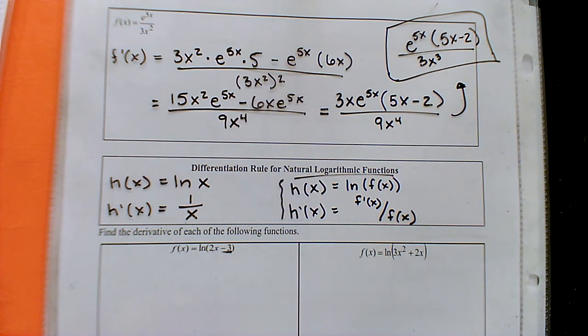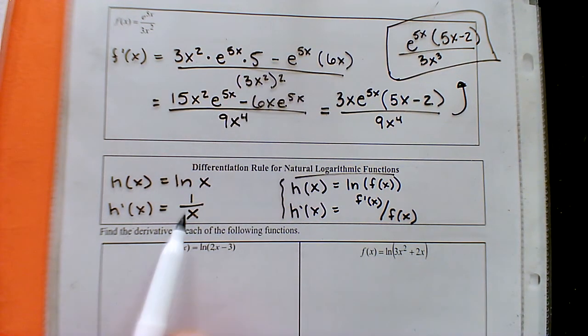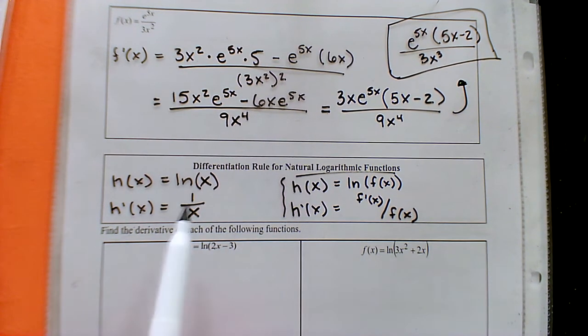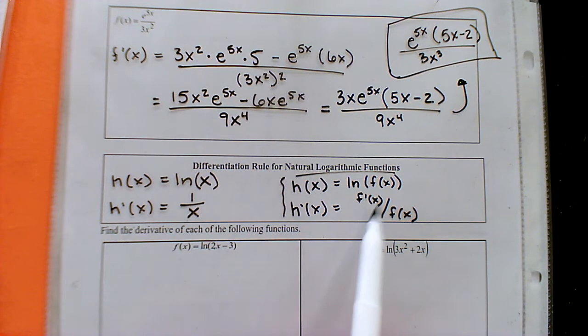And if you really take a close look at it, that basically fits the other derivative shortcut as well. Because the derivative of x is 1, and it'd be over the inside, which would just be x. So this is the most basic derivative shortcut if it's just a natural log, but more often than not,